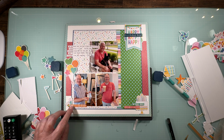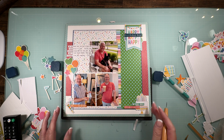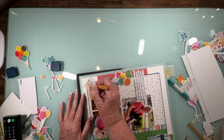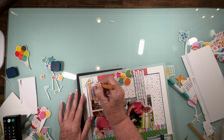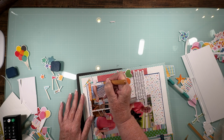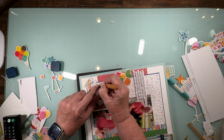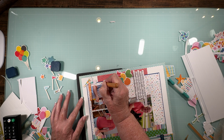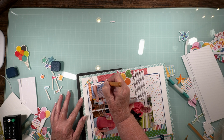Now when I've got an element here, I don't have to worry about being super precise, but I'll go in a little bit behind that so that my stitch comes out running. So that's the trick for me for stitching, and I've just been doing this so long that I just eyeball it. Now right here I'm going through 1, 2, 3, 4, 5 pieces of paper, so I'm getting a little more resistance,